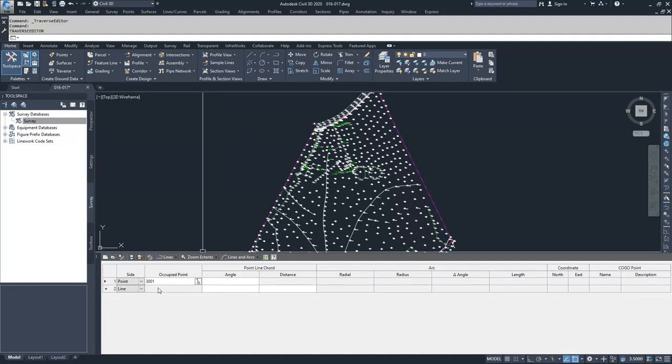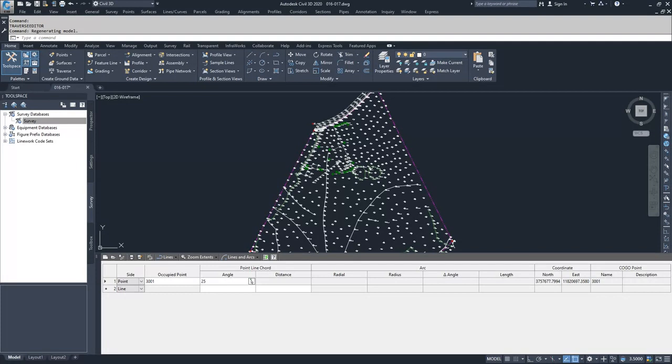Civil 3D is going to compute where we're starting our traverse, and I can now choose what my backside angle is. For those of you who aren't familiar with survey, a backside is just where your survey equipment is pointed before you start surveying your circulation route for your traverse. So we're going to type in a backside angle of 25. I'm just throwing these out as examples because we're going to do a different way of creating a traverse in a second.